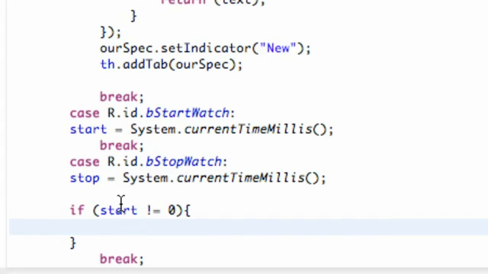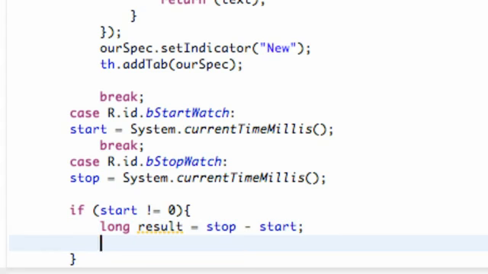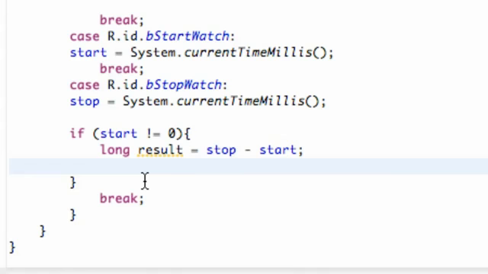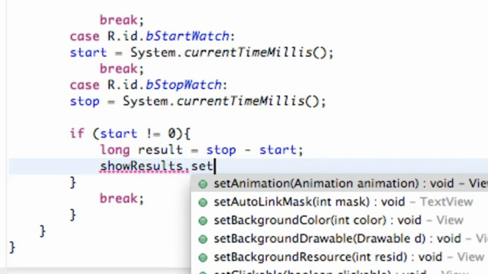So within here we're going to set up a new variable, a long result, and this is going to be equal to our stop time minus our starting time. So basically it's how long it took the person to go from start to stop. And then we're going to say our text view, showResults, dot setText,